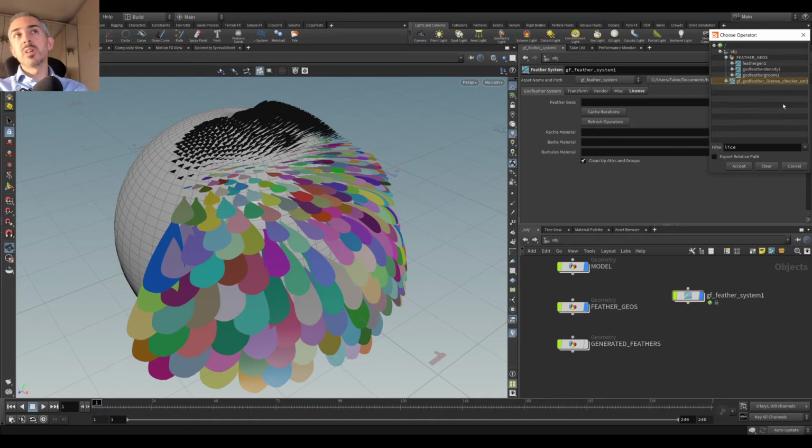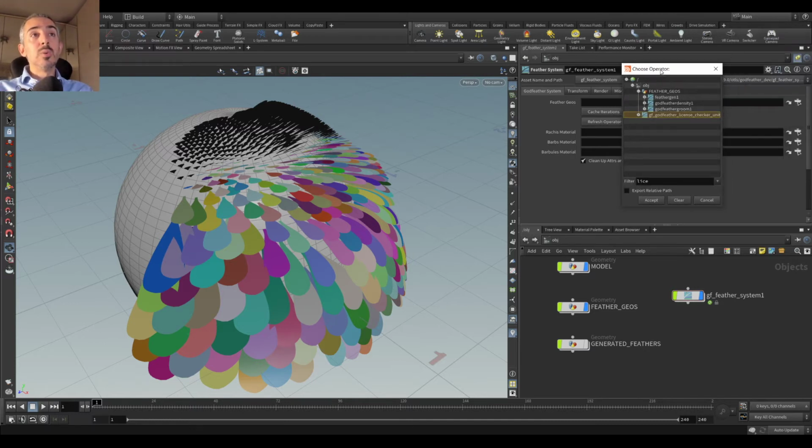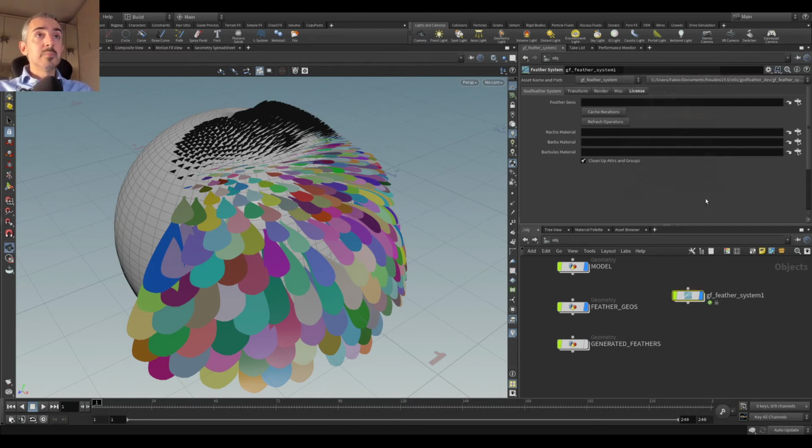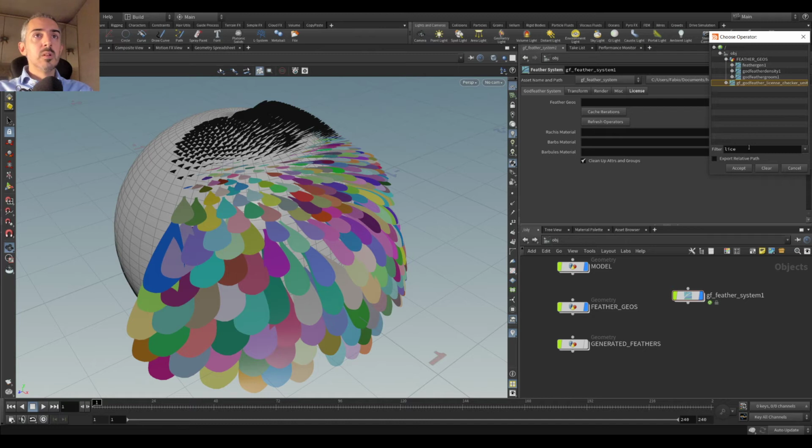Of course, when working on an actual character, you will split your groom. You will create a feather groom for the body, or better, a feather groom for the upper part of the body, the lower part, the head of the bird. And then you will have a lot of separation on the feathers of the wings as well. That is a completely different approach, but this is just to show all the operations, or all the features of the toolkit. So yeah, we link the license folder, and let's select the geos, feather geos,